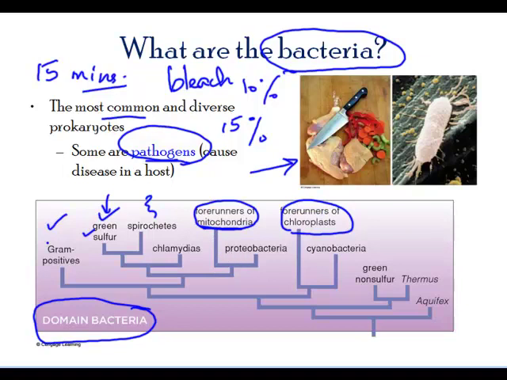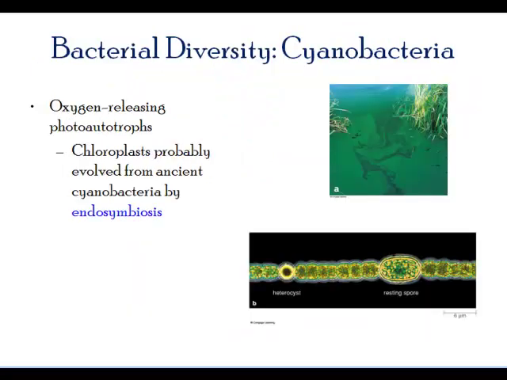And the Proteobacteria are the starting bacteria, and chlamydia are another kind of bacteria that cause certain sexual diseases, and cyanobacteria have cyan pigment, which is red in color. So there are all kinds of bacteria that we can see. A very, very diverse kingdom. Here are some pictures of the cyanobacteria. Cyanobacteria are the ones that are autotrophs.